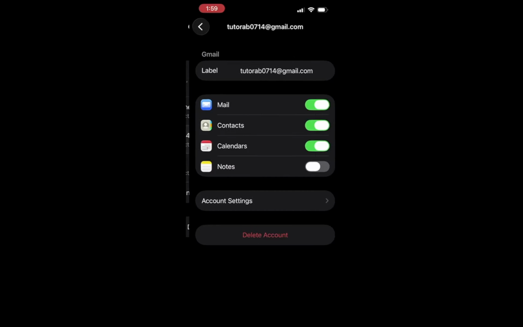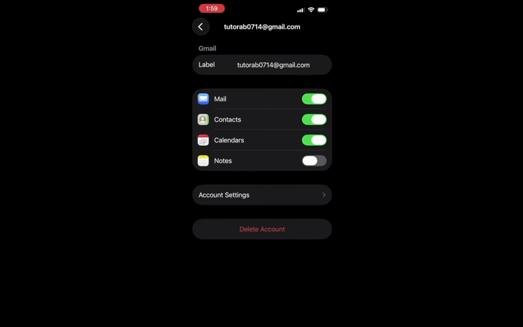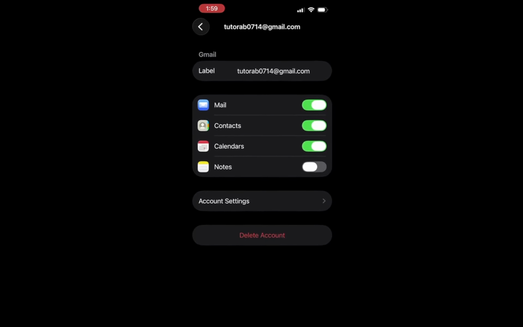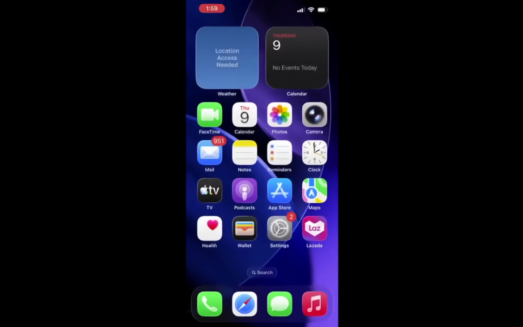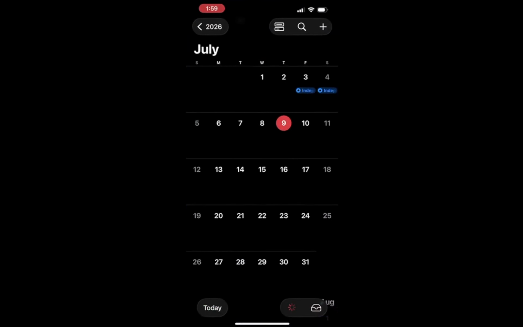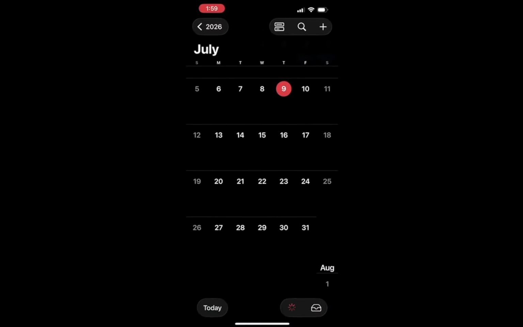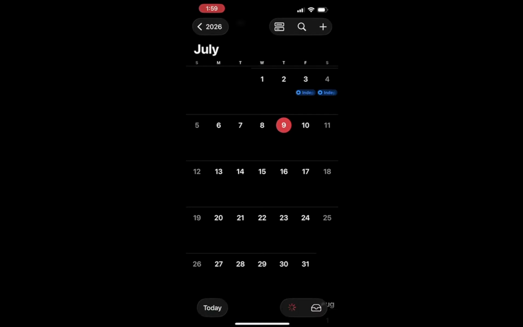Finally, open the Calendar app to view your Google Calendar events. This is the moment you've been waiting for, as you will now see your Google Calendar integrated within Apple Calendar. As the app loads, you may notice your events populating the calendar interface. This step is significant because it confirms that everything has synced correctly. You can now manage all your schedules in one place, simplifying your planning process.